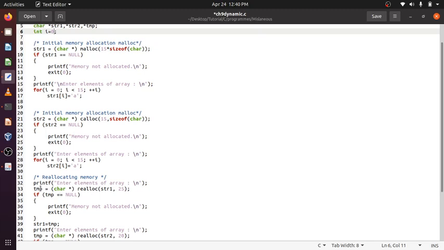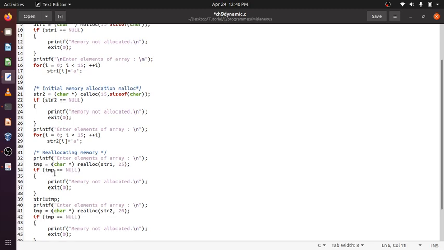This also returns NULL if it cannot be allocated. So first check it. If it is allocated, then assign it to temp. Here I am just checking whether memory has been allocated or not.